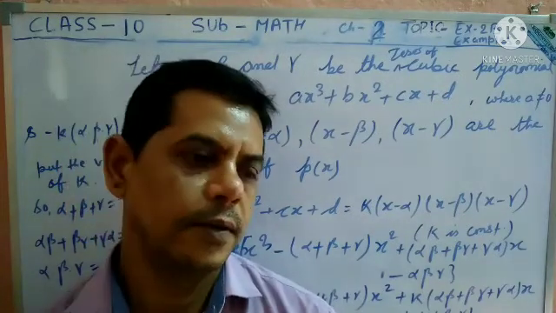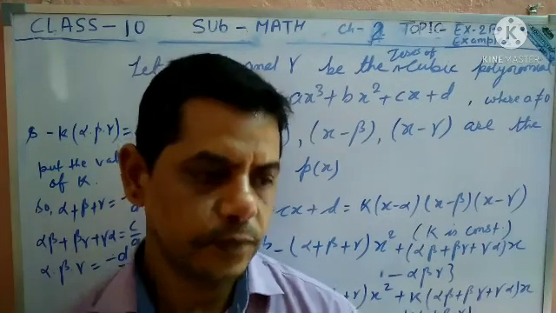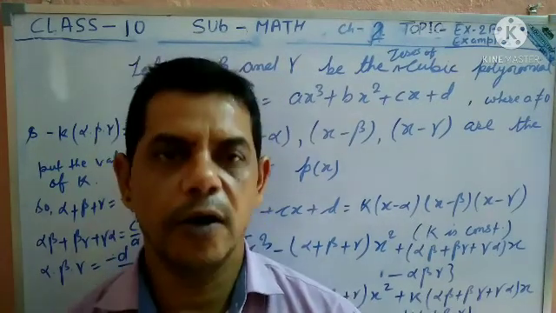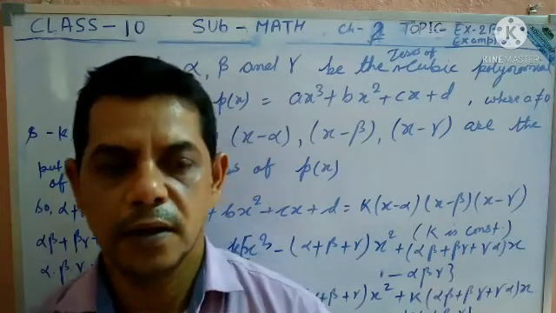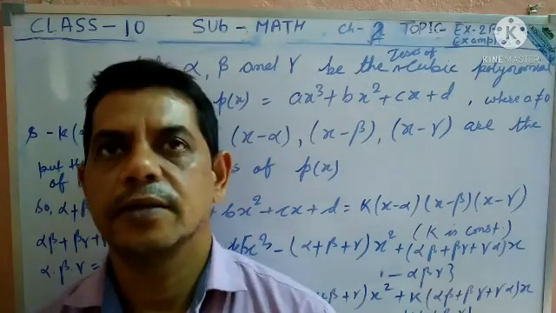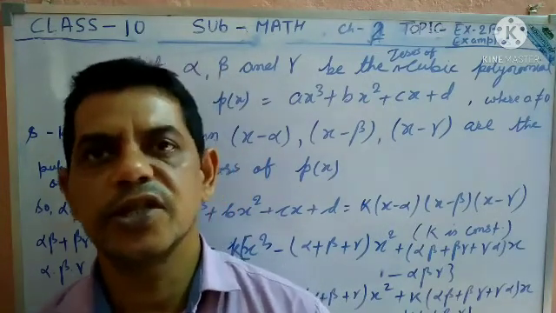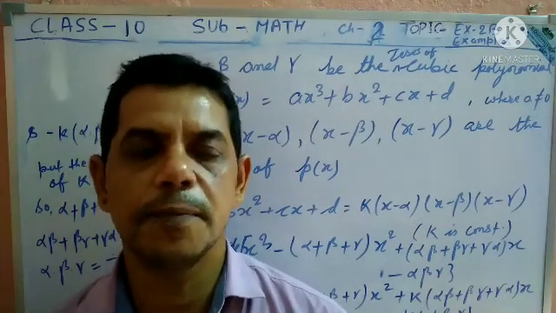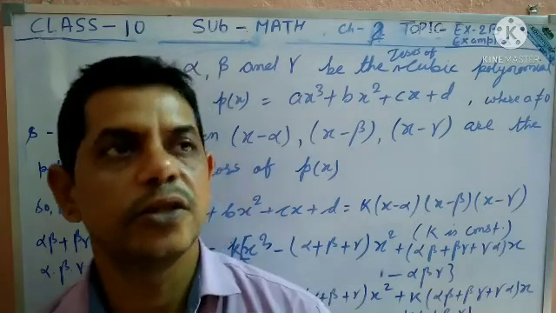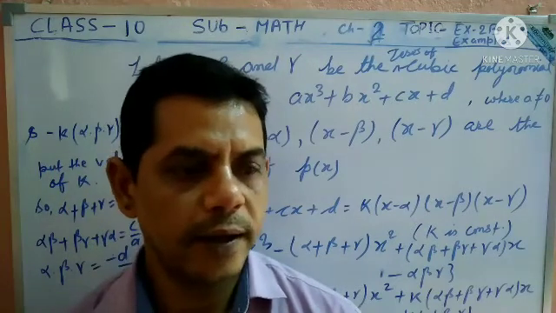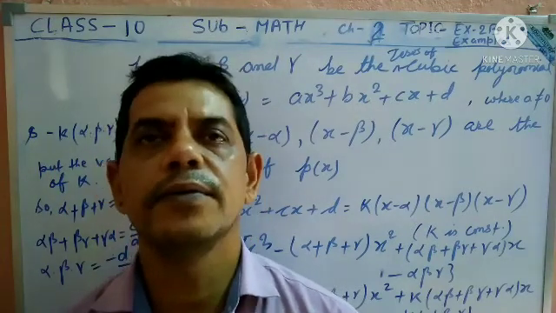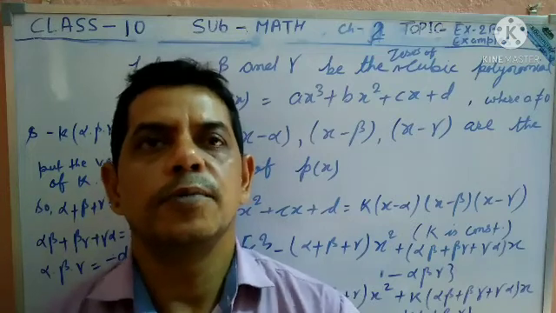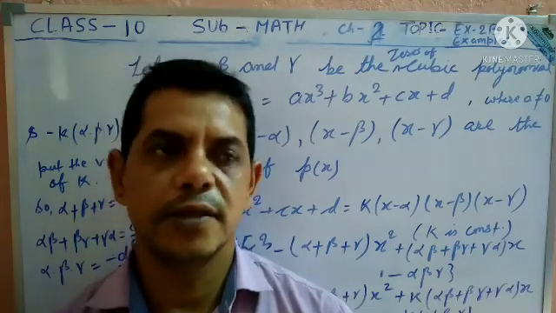That is the general equation of a polynomial. In previous classes, the general equation of a quadratic polynomial was ax square plus bx plus c equal to 0, where the power of the equation is 2, and in a cubic, the power of the equation is 3.